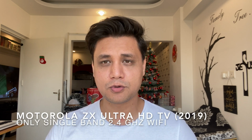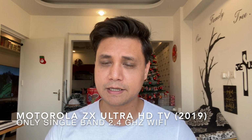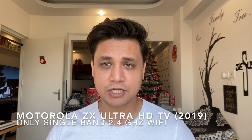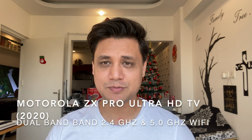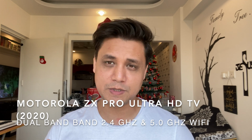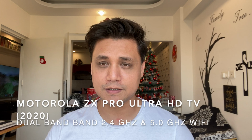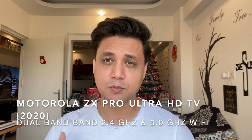Now, even the previous year model of Motorola ZX only comes with single band Wi-Fi, which is 2.4 gigahertz. Now, this is where things have changed in 2020. They got smart and they released the ZX Pro with dual band Wi-Fi, which means it supports both frequencies of 2.4 and 5 gigahertz. And if you are into 4K viewing, for instance, if you watch a lot of videos